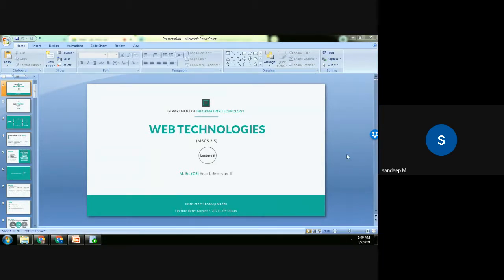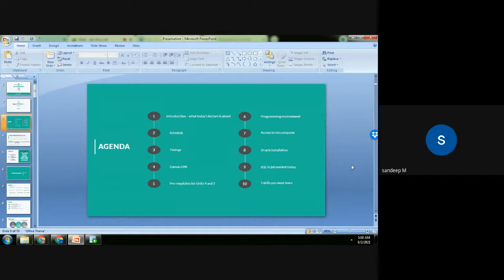As I mentioned yesterday in a late night Canvas posting, we are taking this course as an additional class to cover the background material that we require for units 4 and 5 in the web technologies course, which is on JDBC, Java Database Connectivity. So this will be lecture 6. This will be the agenda for today. I'll also briefly discuss the software we need to install.